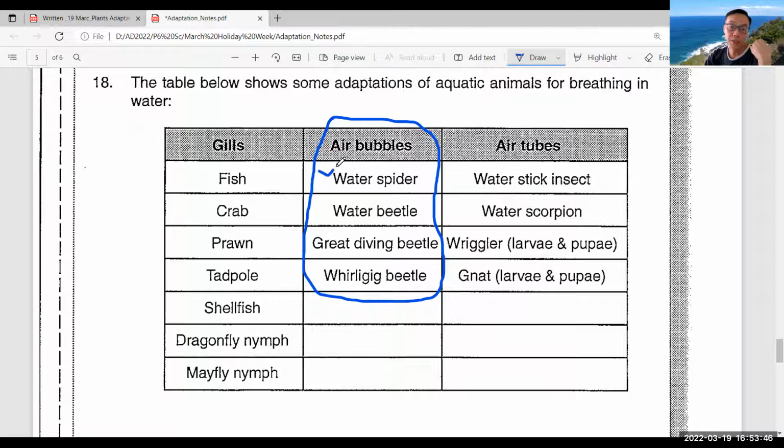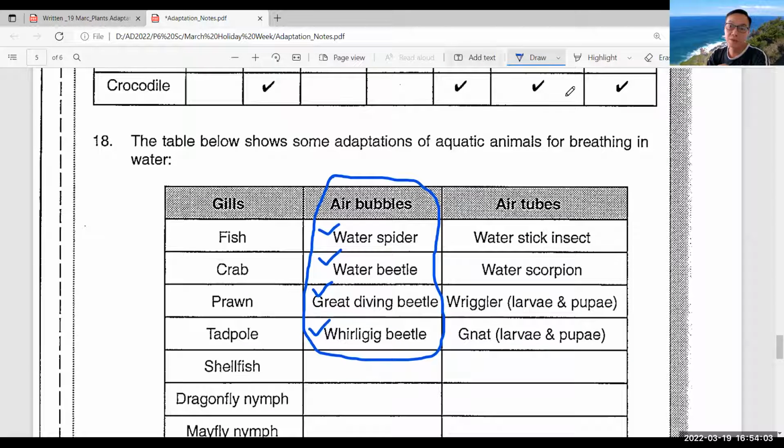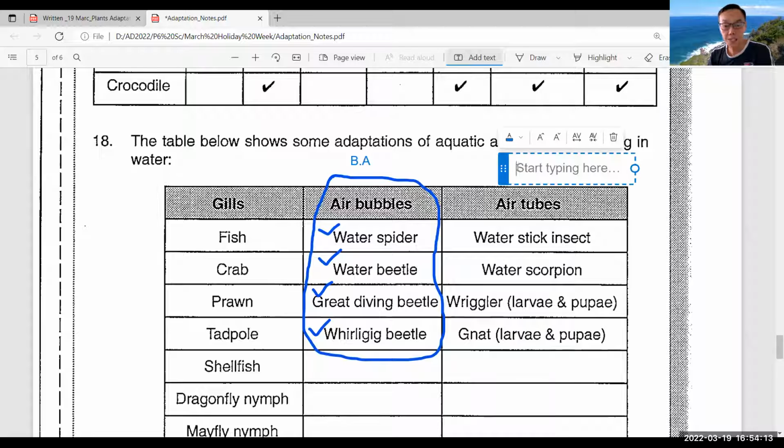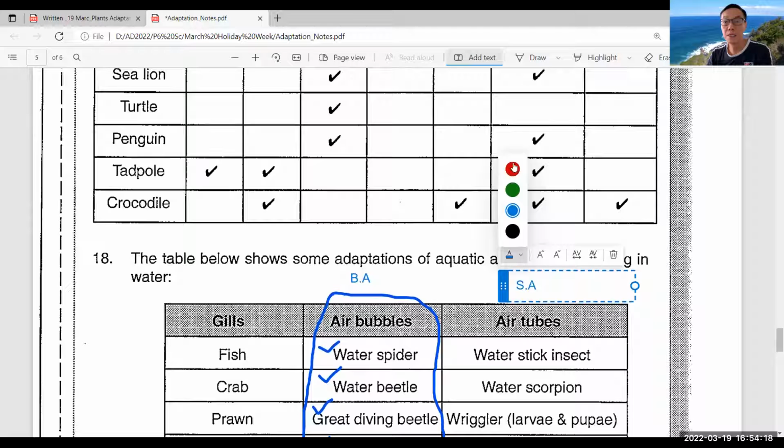So the water spider, water beetle, great diving beetle, and this beetle, they are able to behave in a certain way to make this bubble and carry it along with them underwater. So this pattern, you take note, this one will be under behavioral adaptation because they behave this way, or BA. Whereas on this side, it is structural because these animals here, the water stick insect,